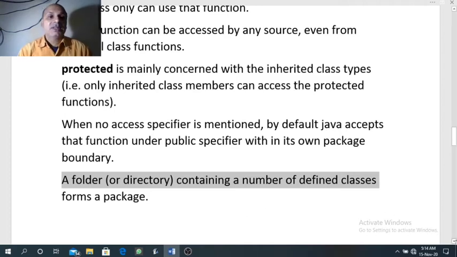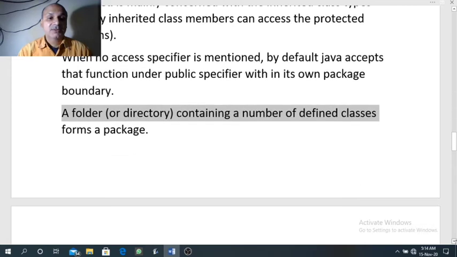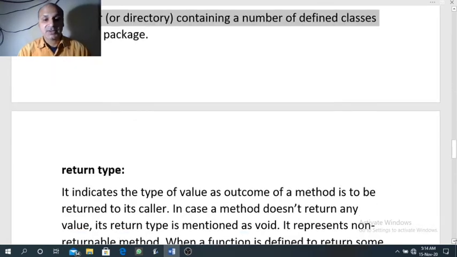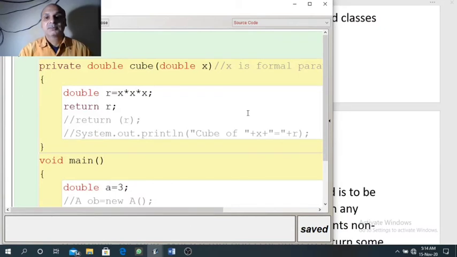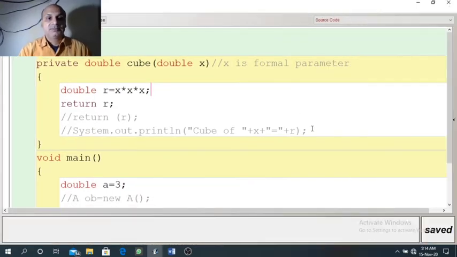Now we will see the practical examples of this access specifier. I have designed some programs to explain that. One by one we will discuss it. Suppose we have a class A. Private double cube.